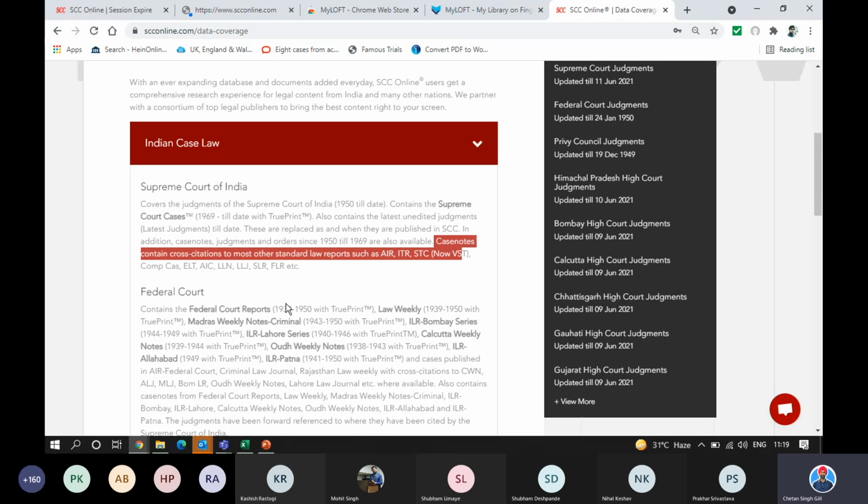Then about the case notes. Case notes are also called digest notes. Some people prefer calling it a head note. Some people like to call it the ratio of the case, law point, whatever you may want to call it. In simple words, what does it mean? You always have an option that you can go through the full judgment and understand what was being discussed in the case and what was the point of law being dealt with. The other way is that you hire someone